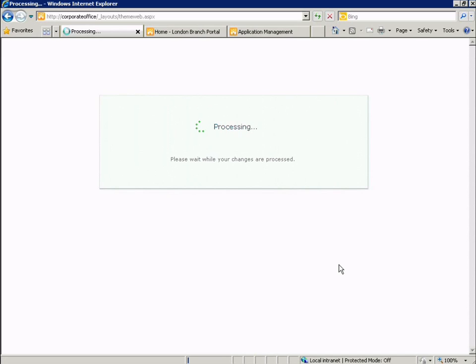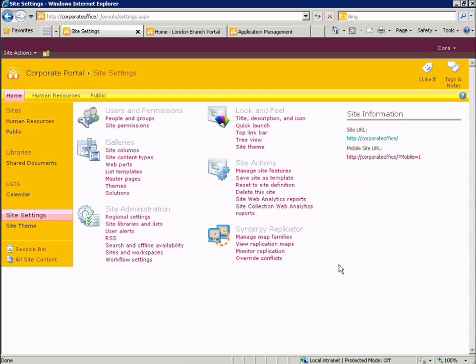So while this is being applied, I'll just talk through what's happening behind the scenes with Replicator. As users are modifying the corporate portal, Replicator is capturing those changes, and then when it gets enough of those changes, it packages them up and transfers them to the other web application, the London branch in our case. Once that package is received in the London branch, we expand it and then we apply those changes using